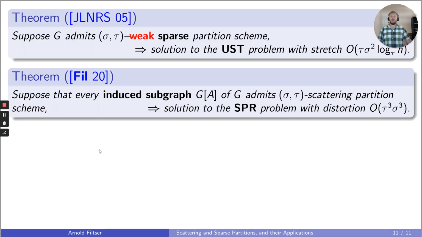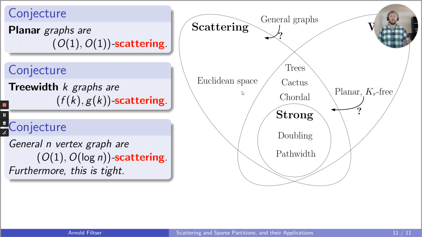Okay, so let's wrap up. First, we discussed these two connections between these applications and the types of partitions. Jia et al. showed that if you have weak sparse partition scheme, then it implies a good solution to the universal Steiner tree problem. In this work, we show that if every induced subgraph admits a good scattering partition scheme, then you can get a good solution to the Steiner point removal problem with parameters polynomial in tau and sigma. We then discussed